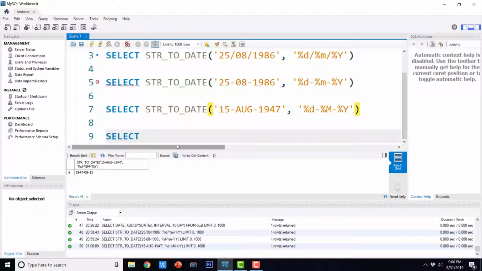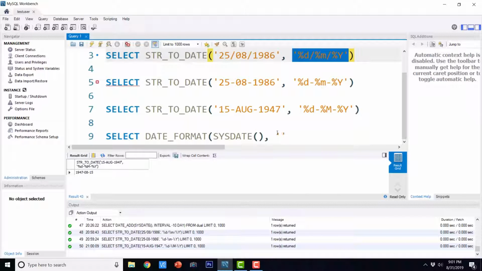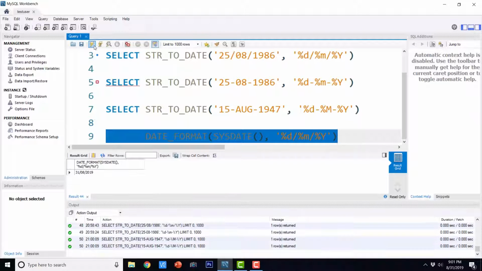Select date_format sysdate, comma, I'm just going to say this. So we are going to see a lot of examples of this, so don't worry. That's it. And if I execute it, this is the output.